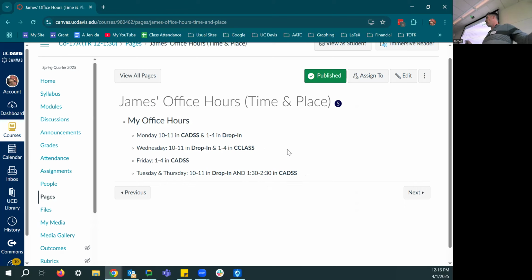If you don't know where any of those places are, as I just said, CADS is right there. C class is above the coffee house. If you go up those outside stairs, where the flagpole is, and just veer to the left, you'll see it. It's hard to miss. So those are my office hours. And honestly, if you need to find me, you should just look at them there, because I'm going to be looking there to be like, where do I go today? Okay, today it's here. Back to the syllabus.